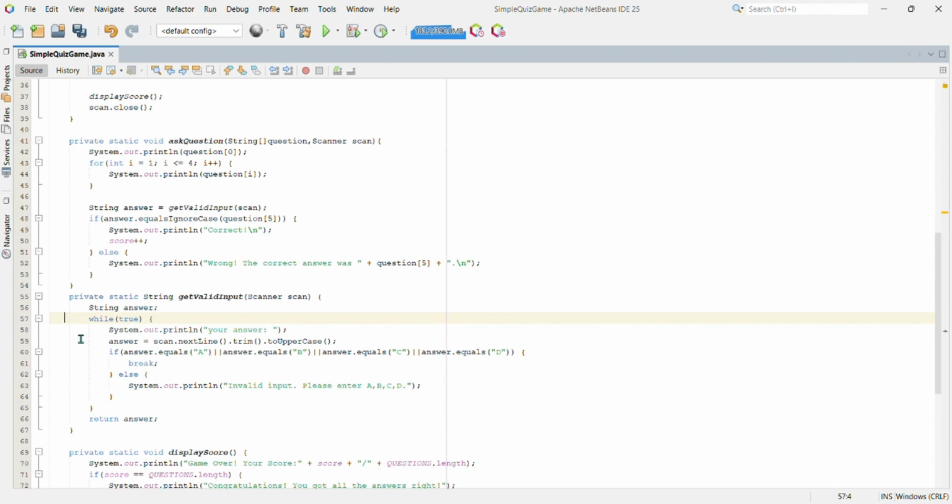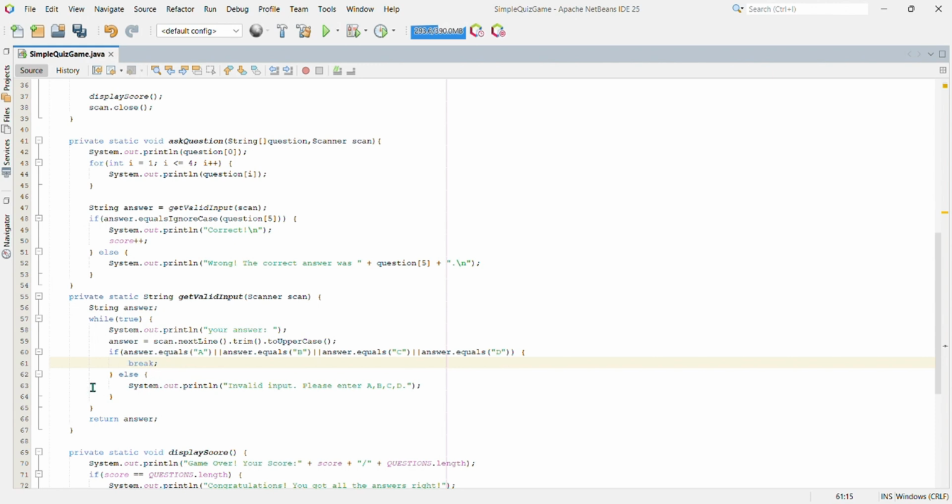This line prints a prompt asking for the player's answer. This line reads the player's input from the console using the scanner object, trims any leading or trailing white space, and converts the answer to uppercase. This line checks if the answer is one of the valid options A, B, C, or D. If the answer is valid, this line breaks out of the while loop.